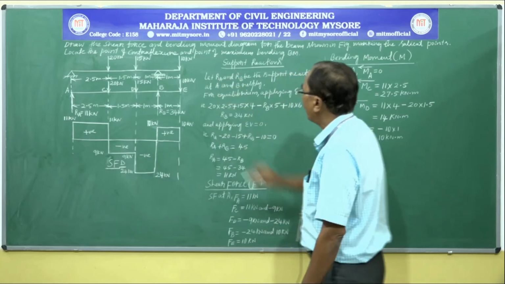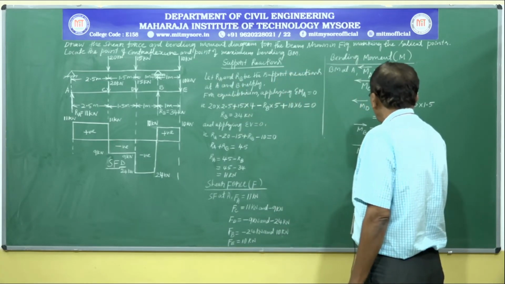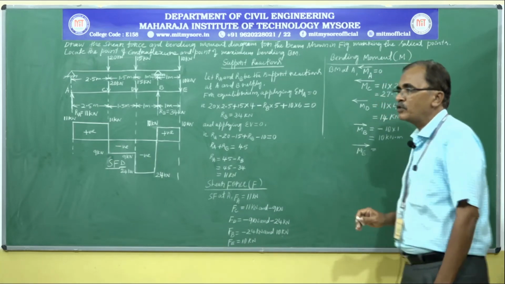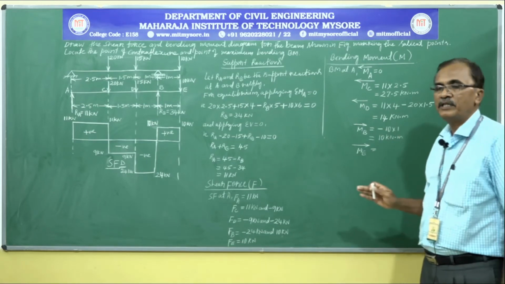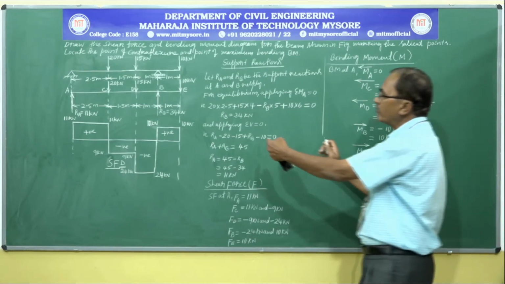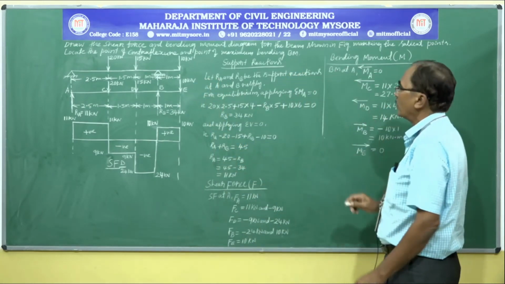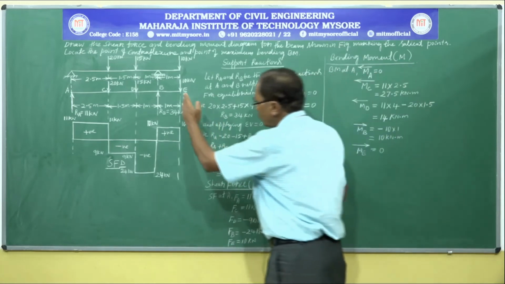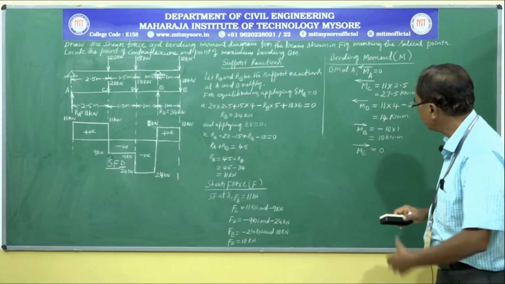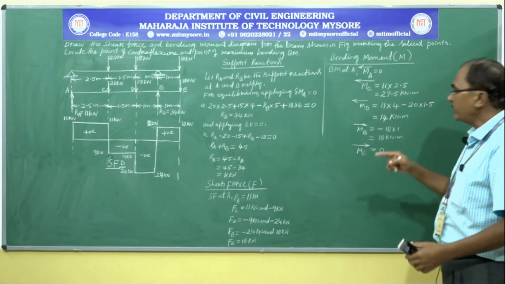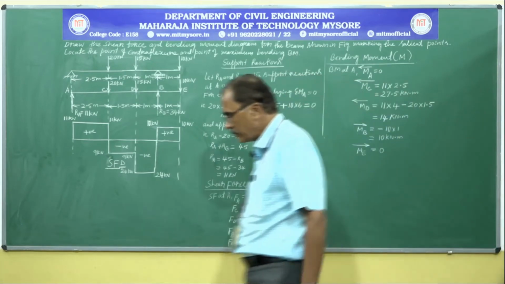Lastly, bending moment at point E, ME. Again, it is usual practice to consider forces on the side which has fewer forces. To the right side of E, there are no forces, so the bending moment is 0. Even if we consider forces to the left hand side, we will get 0 bending moment at point E. So, after calculating bending moments at salient points, we can conveniently draw the bending moment diagram.